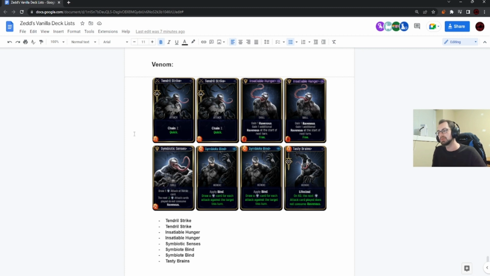But I will say this. The nice thing about Symbiotic Senses is if you play it once, your 2 Tendril Strikes will both not consume Ravenous, which is pretty awesome, given that you only have 2 attack cards in the deck and you would play it and they would each consume a Ravenous. So that interaction is nice, but